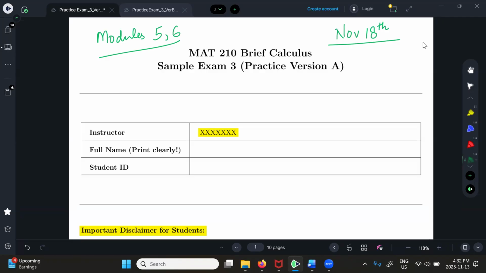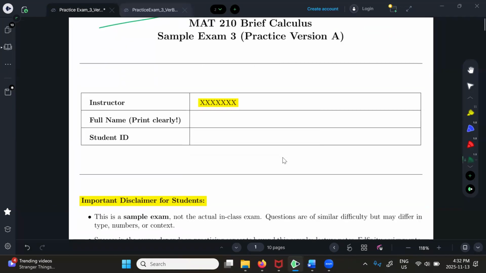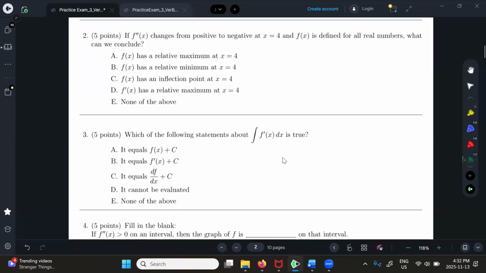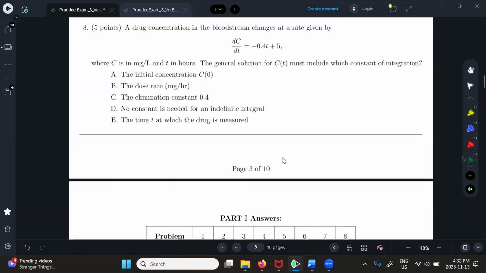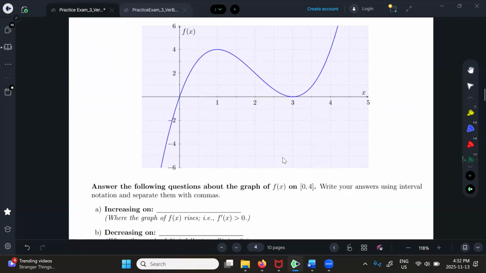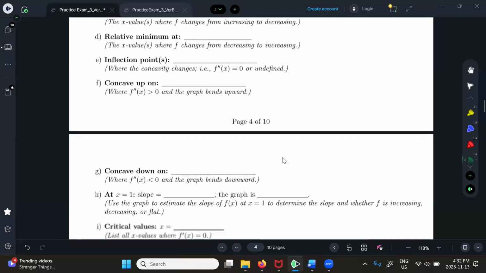But this is going to be the actual study guide. Practice version A, practice version B, and you know where to find these, right? I'm going to solve the free response for both versions in today's review, because the fill in the blanks and the multiple choice,